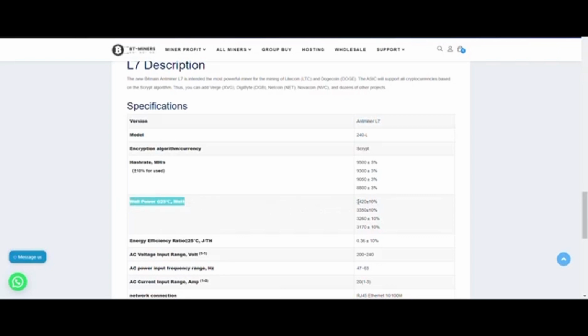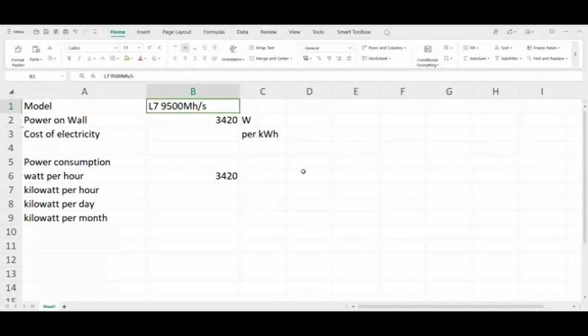Since your electric bill charges by kilowatt per hour, we must convert the unit from our website to the unit on your bill. 3,420 divided by 1,000 to get the kilowatt consumption. And we got 3.42 kilowatts per hour. Then to calculate the cost per month will be 3.42 kilowatts per hour times 24 per day times 31 days in a month to get